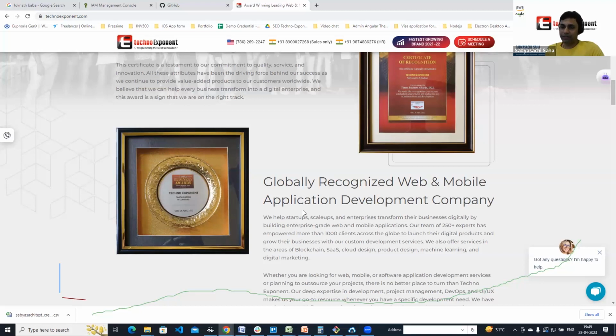Another option is also there: if you are doing any kind of projects on Node, React, Python, or Java, then Amazon is good. But if you are doing any kind of project in .NET, then go with Azure, because they have a lot of tie-up, because this is a Microsoft product. So they have a good tie-up with the .NET things, like